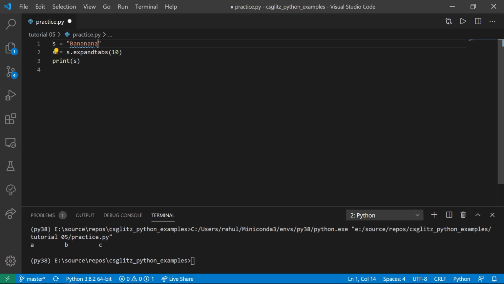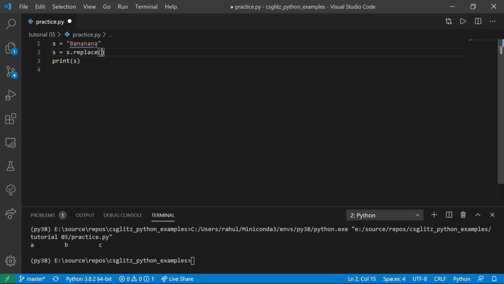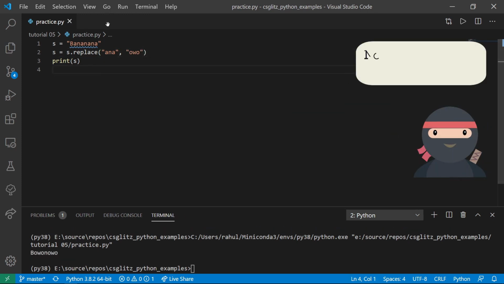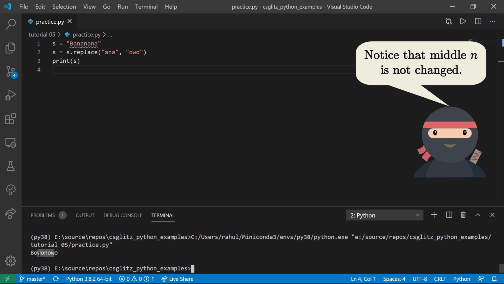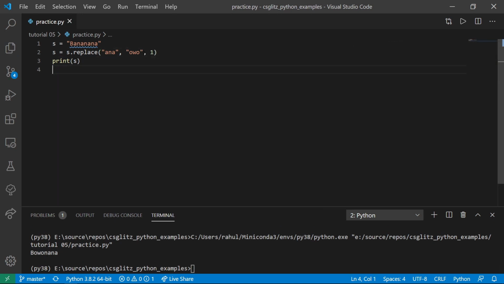We can also change all the occurrences of a substring with another one using the replace function. It will ignore the overlapping strings. If we specify the third argument, then only that many occurrences will be replaced.